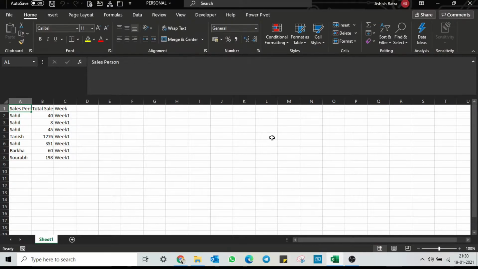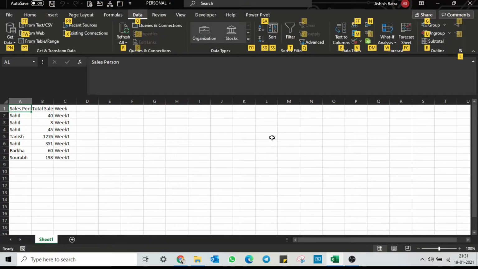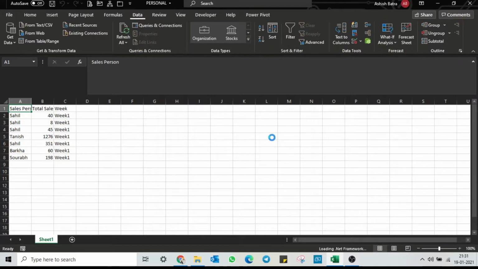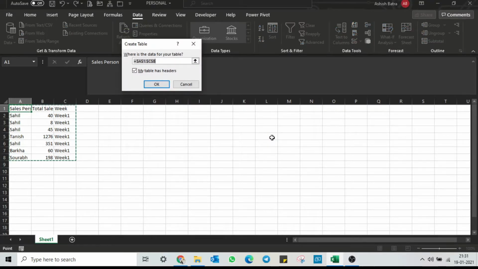Let's try another thing. I'll again click the Alt button. Let's say we want to import this data into Power Query. For that we need to go to the Data tab. I'll click on A. Now we have the option From Table and Range. Then we need to press PT. My data is in a range, so it will convert the range into a table to import the data into Power Query. Once you remember the shortcut, it's very easy to access the ribbon commands.